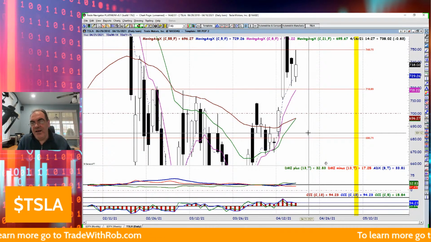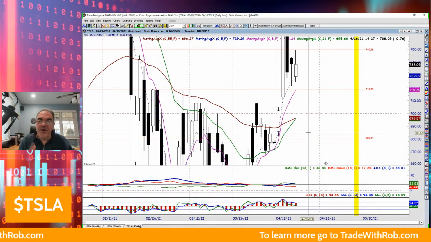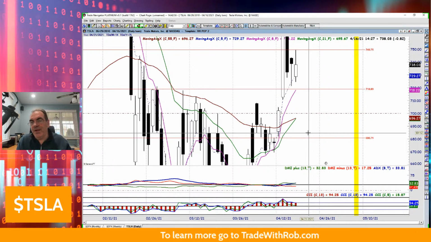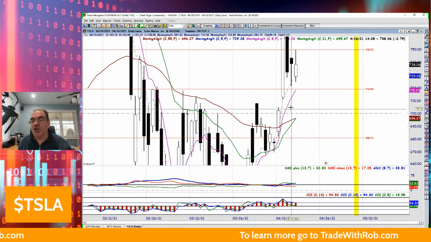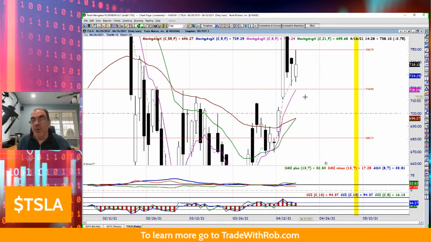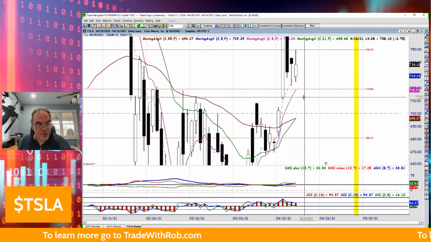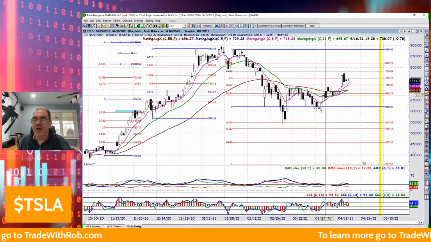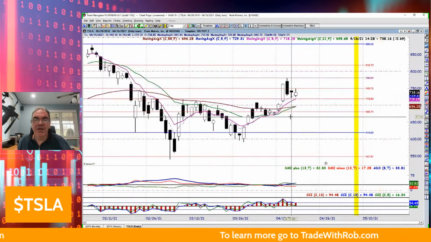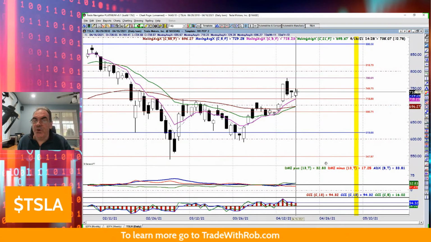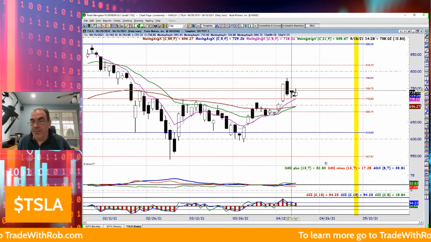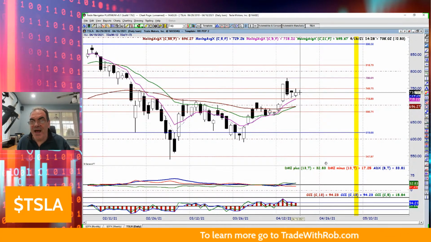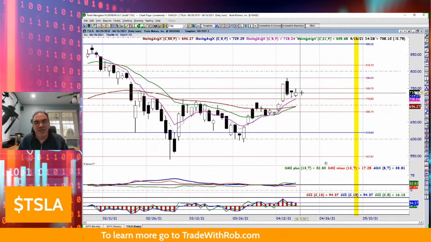So if I graded it, true bull would be all 3 of them in the right order. Where they are now would be not true bull. It would just be bullish, but not true bull. So it would be a 2. A 3 would be if the moving averages were not even in this good of an order. So the number 1 is going to give me the best opportunity to enter into the trade. And if we bring it back to where it's more viewable, we're kind of sitting between the Fibonacci right now. I have no confluence. I've got a confluence at this fib line, but I'm waiting for Tesla to come back and retest and bounce. I am not, let me just say this as clear as I can.